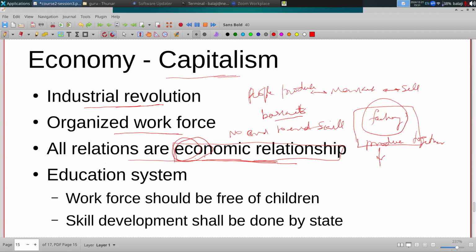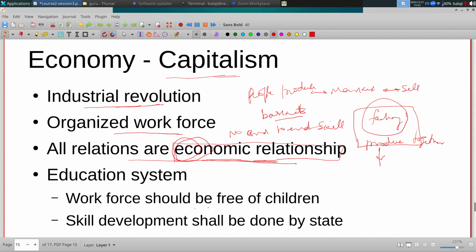That's again a very lengthy topic. I'm just giving a very, very high level view, just for understanding. So everything else also will fall in line with this economic system, right? At any point of time, whatever that economic system was, your education, religion, your family, everything will be aligned to that. So in our current education system, we